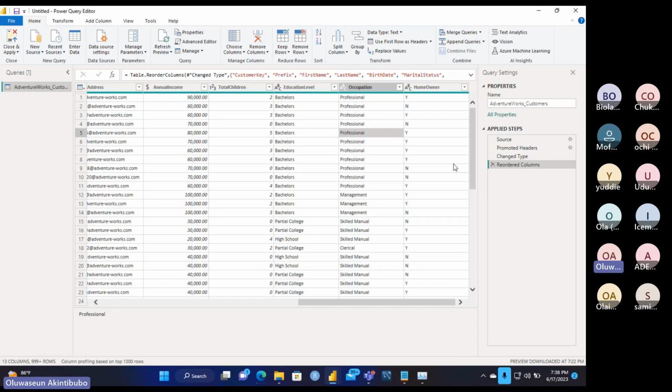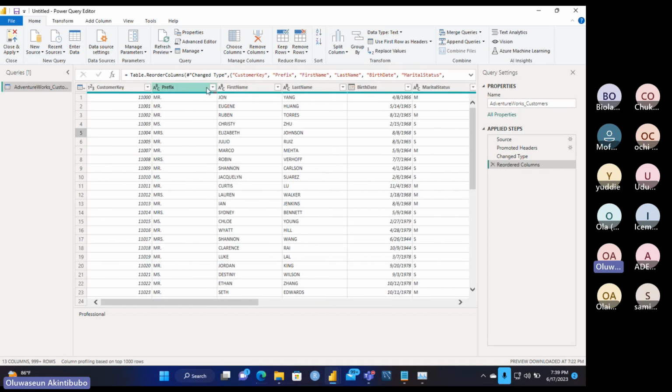If you look at it, some way, somehow, I reordered the column. Can you see that step that I'm talking about? While I was working, I moved the last name to the first name and the first name to the last name. It captured that action as reordered column. I hope you are following me.